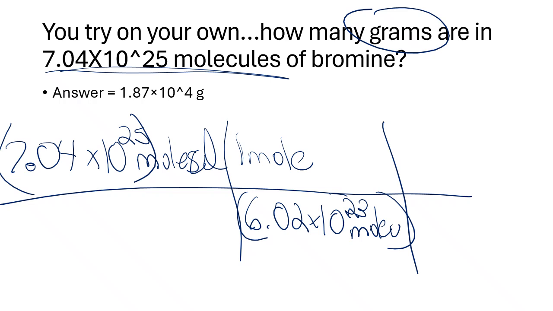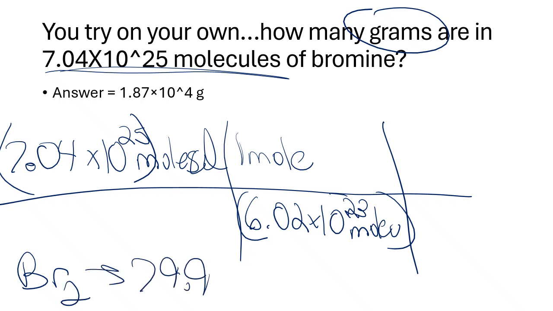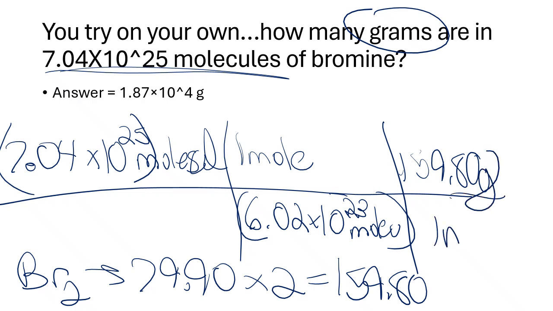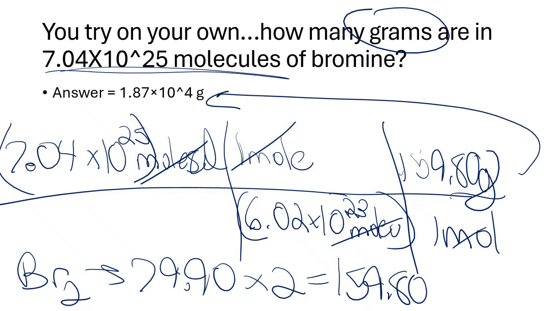Now we have to convert to grams, and since it says bromine, bromine's diatomic. 79.90 is the bottom number times 2, that's 159.80. 159.80 grams per 1 mole. And units cancel out. Make sure you get that number. If you don't get that number, it's probably